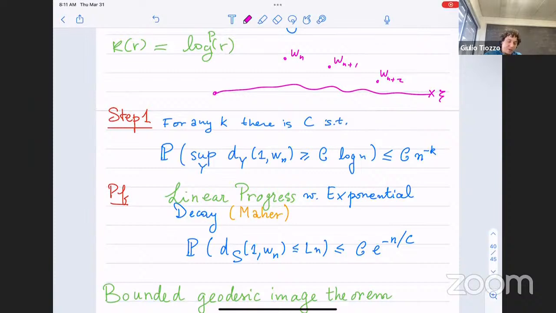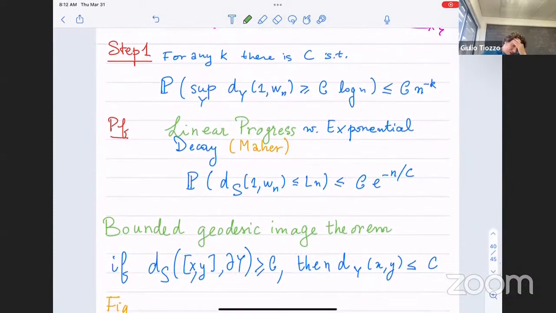So if you take this picture, but instead of taking it in the main curve complex, we take it in the secondary ones, this distance would only be logarithmic in Y, but it would be linear in S. So in the main level it's going to be linear, but in the other levels it's going to be logarithmic. And this is a nice idea that we sort of got from the paper of Sisto and Taylor, where the idea is you combine the linear progress with the bounded geodesic image theorem.